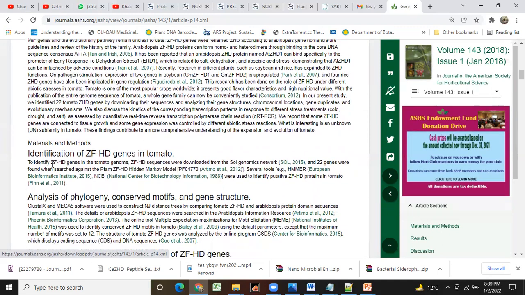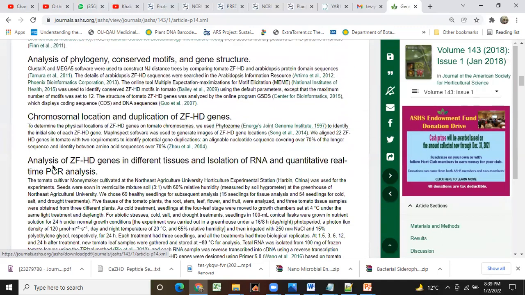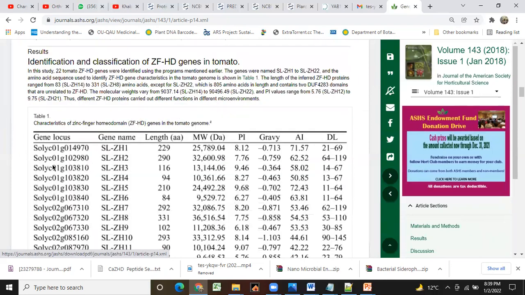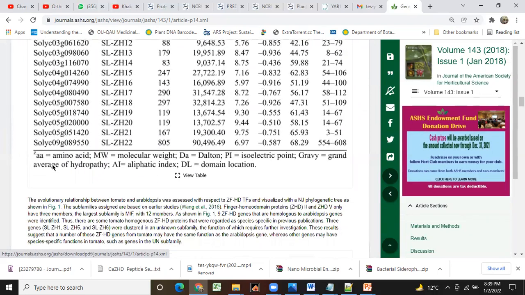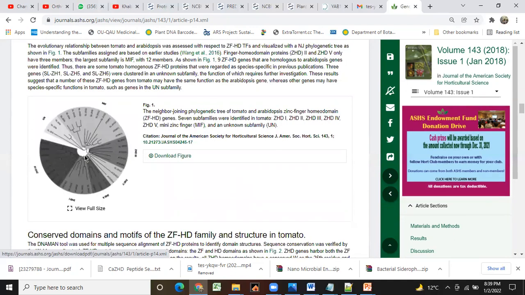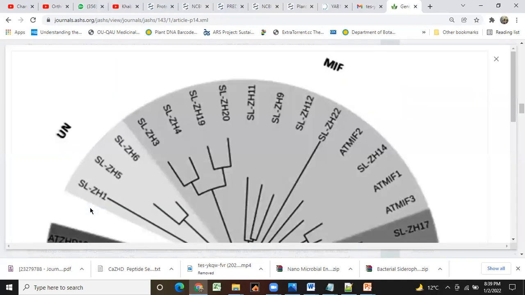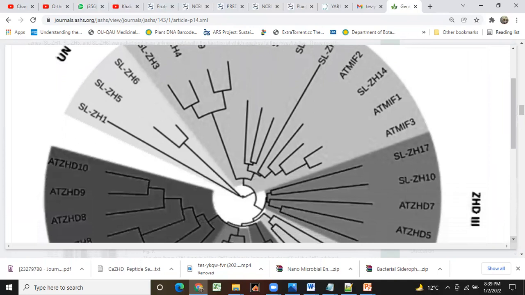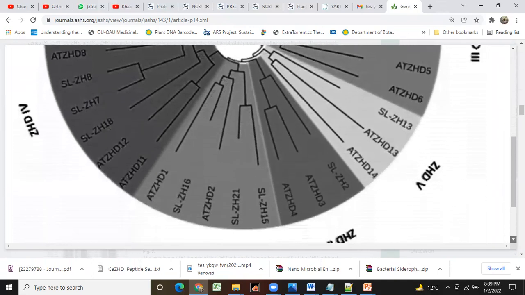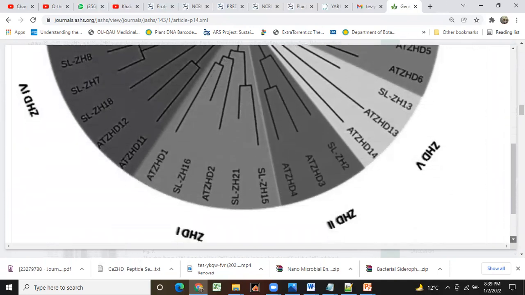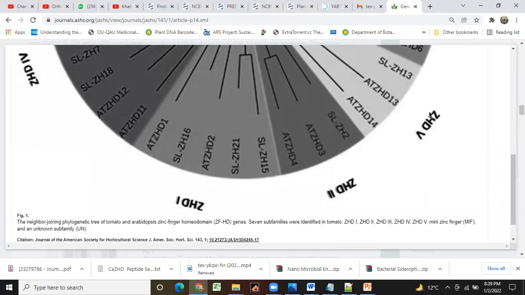Several tools were used. There are 22 genes, and they divided these genes into 4 or 5 different groups.